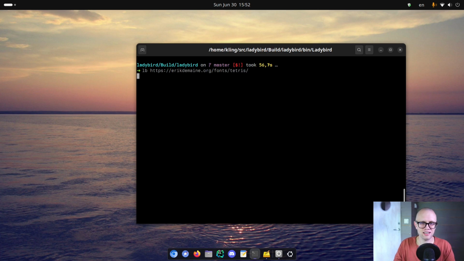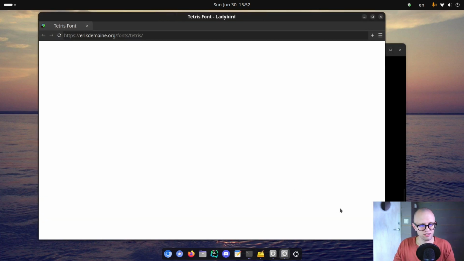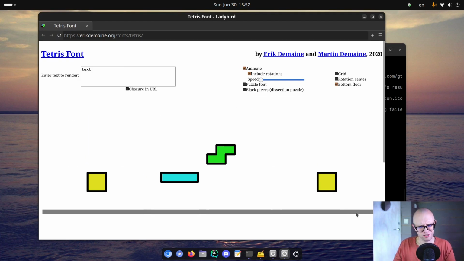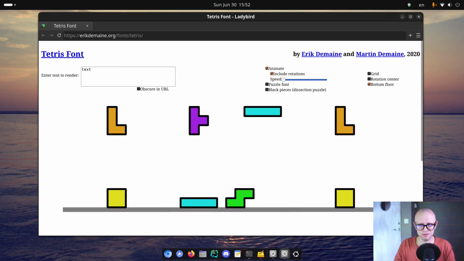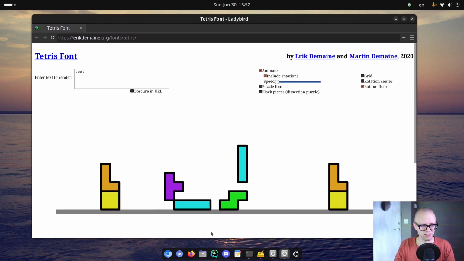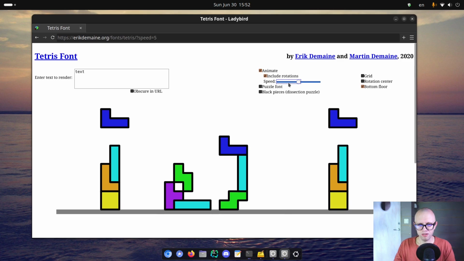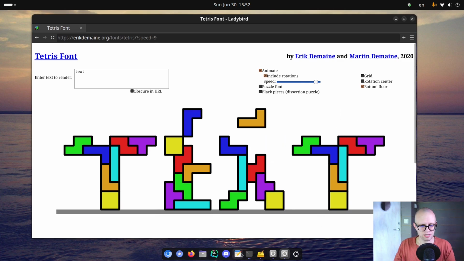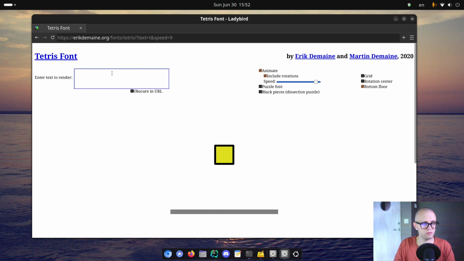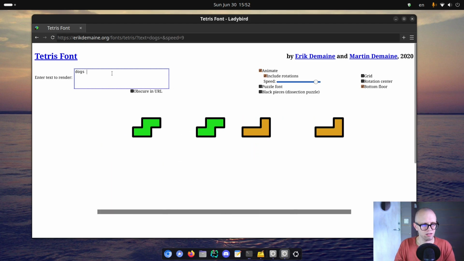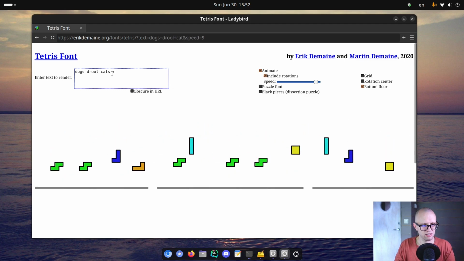So this is a Tetris font, I guess. I don't know what to call it exactly, but it was a demo that showed up on Hacker News one day, and I thought, that's pretty cute. So let's speed it up a bit, and you can see he just types with Tetris blocks. So if we were to write something here like, I don't know, dogs drool, cats rule,